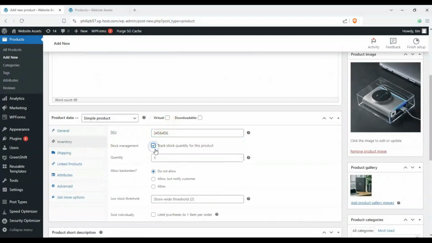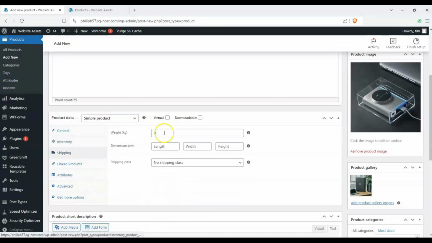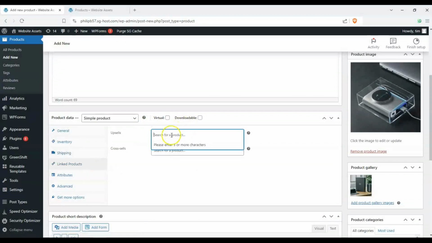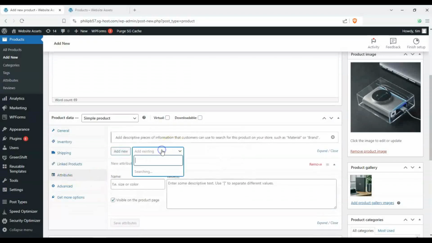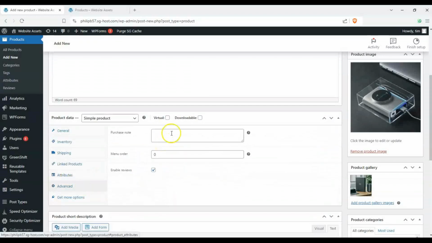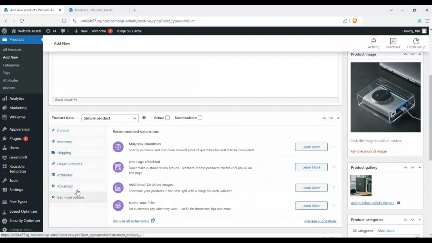We can manage our stock, so we can have 6 there, and then we can limit how many is sold. We can put the weight, so it's less than a kilo, so 0.2 probably makes sense. And we can put link products for other things here, so we have our tablet, we have a smartphone, we have other attributes here, so we have color, and we have purchase notes when someone buys it, and